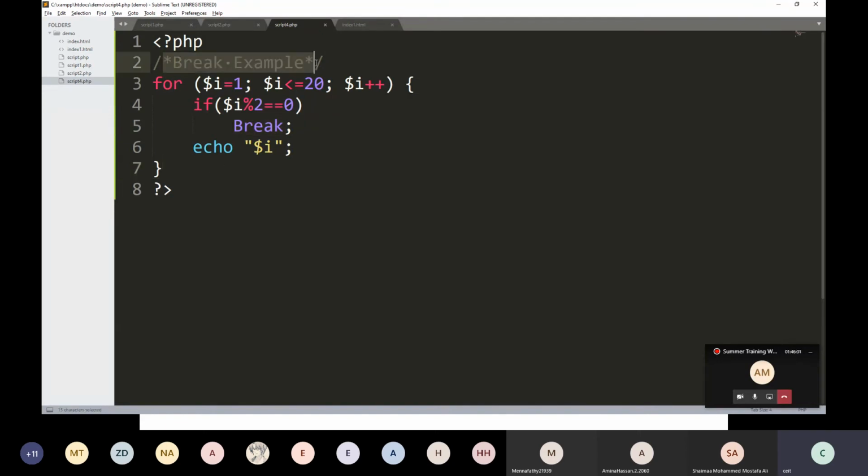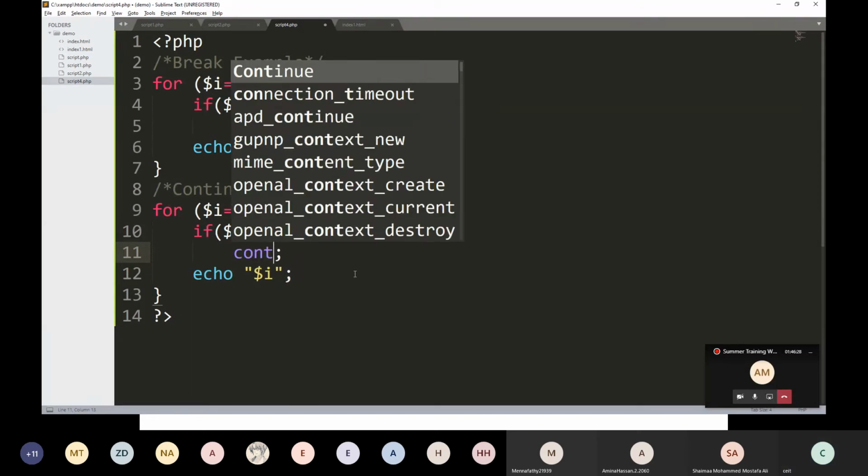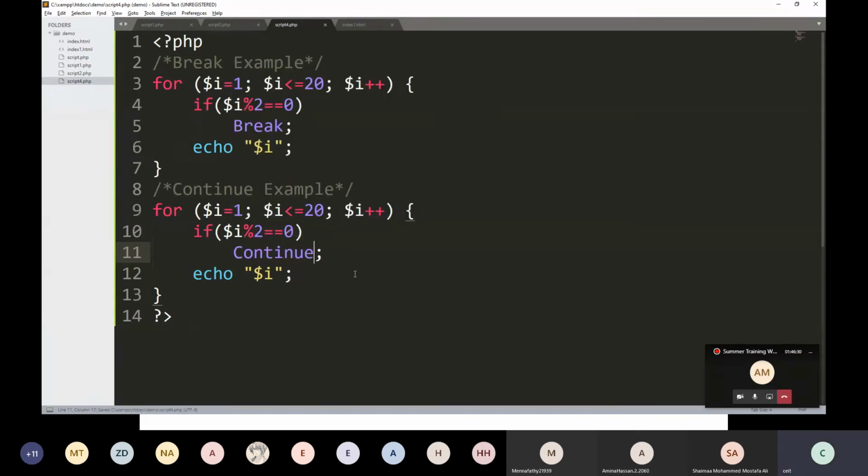But when we write the same thing using continue, same thing, and here I write continue.